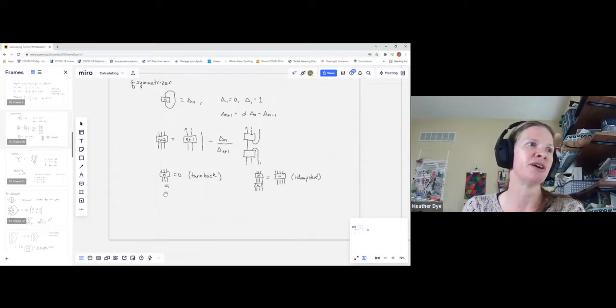One is that if you attach a U_i, so you multiply the symmetrizer by U_i, you get a 0. That's the turn back. And then it is also idempotent. So once we have this set up, we can start assembling larger and larger